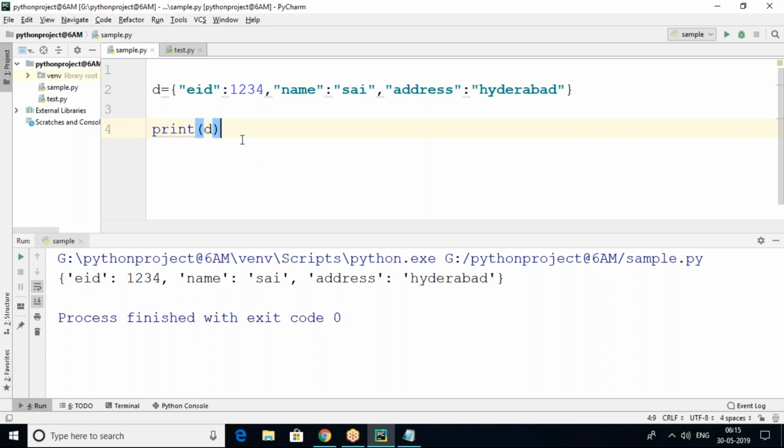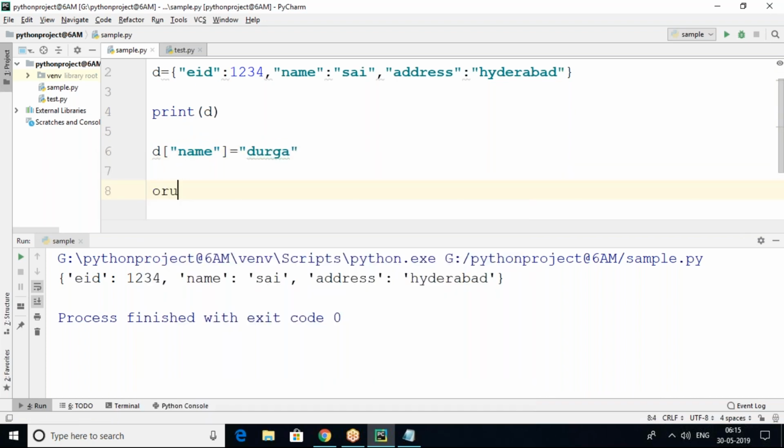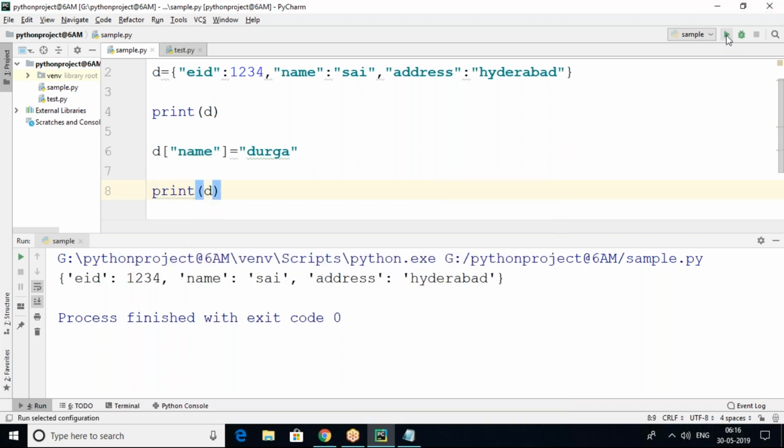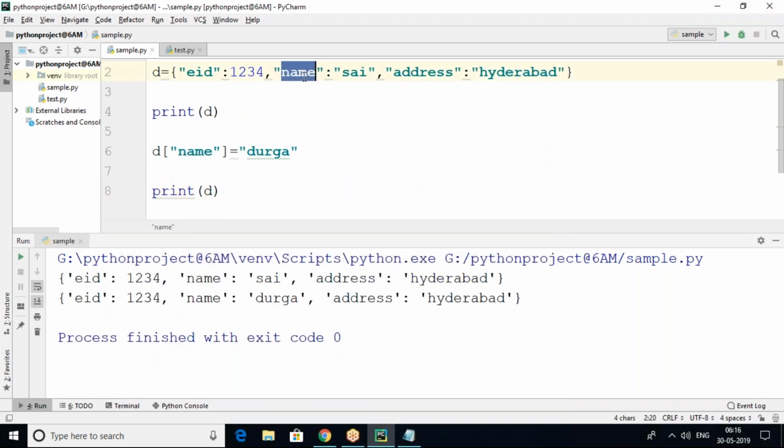Next, I want to change the name. d of name equals Durga. Print d. This time, name is the key. I am changing this name.